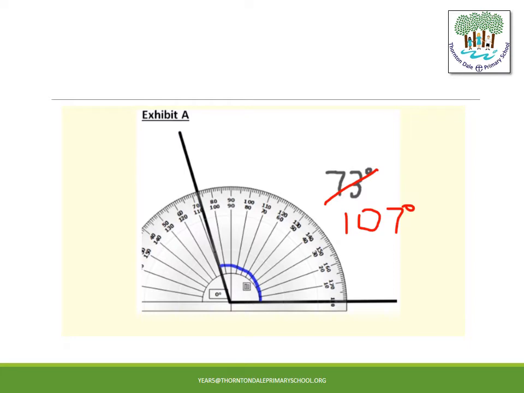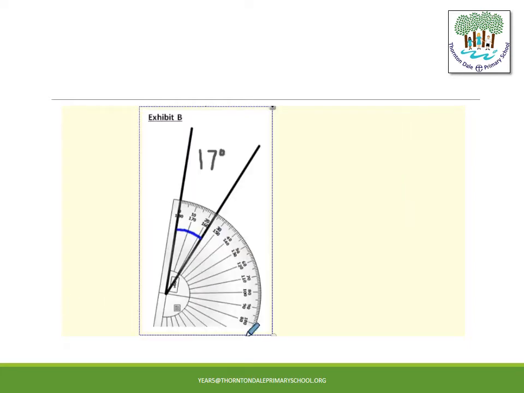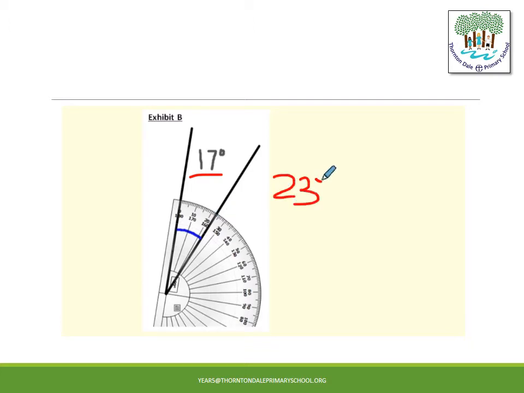Okay, so look at the next, exhibit B for mistake. So this one here, can you spot the mistake? They've said the answer is 17 degrees, that's not correct. So if you can see, 17 degrees is obviously between 10 and 20 degrees, isn't it? But if you look at where the angle actually is, they've definitely got it on the right line, they've got it marked up with a crosshair, they're starting at the correct scale on the outside because that's 0 on the line. And it is 3 away from 20, but it's actually not 17 degrees, it's actually 23 degrees on that